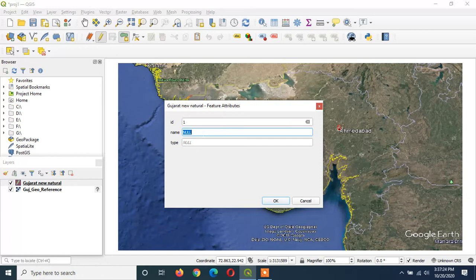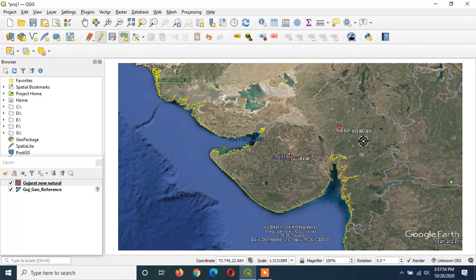Values of the polygon means what this polygon represents, so you have to enter them in the field list. I am giving ID as 1. Name of this polygon is Kankaria Lake. Type of the polygon is lake, and I am adding this.